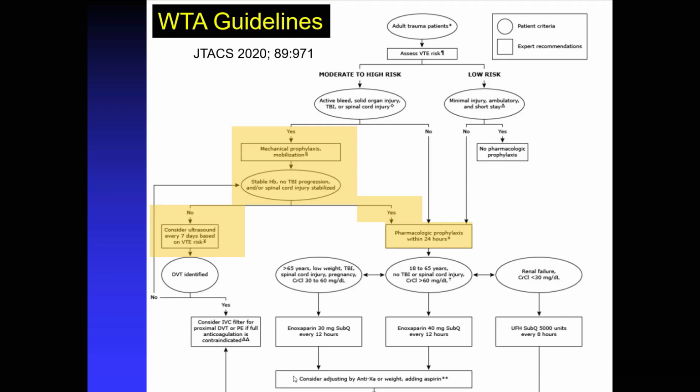The Western Trauma Association recommendations, meanwhile, just call for initiation of VTE chemical prophylaxis within 24 hours of a stable clinical exam and head CT without differentiating the type of TBI and whether or not the patient required a craniotomy. So I think the AAST criteria in this regard are more nuanced, and I'm more comfortable embracing those or slight modifications of those as compared to the WTA guidelines here, which really do not provide much distinction between the more severe head injuries, which might be more risk, and those at lower risk.